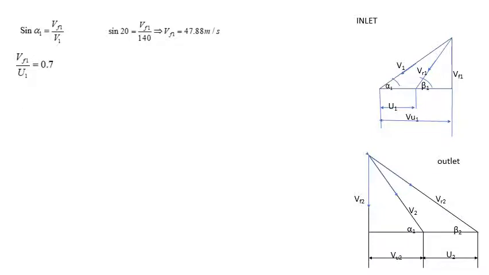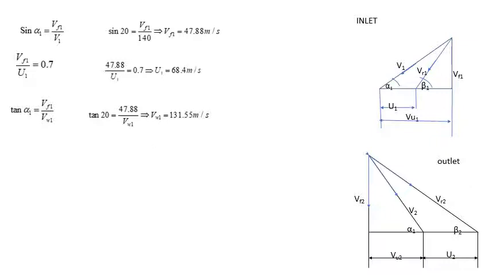So now this relation is given here, Vf1 by U1 is equal to 0.7. By using this relation, now find out the value of blade speed at inlet, that is equal to 68.4 meter per second. Then by using the next relation, tan alpha 1 is equal to Vf1 by Vu1 or Vw1. Then alpha value is known, Vf value is known, Vu1 tangential velocity at inlet is unknown. So by substitution and simplification we will get the value of Vu1, tangential velocity at inlet, is equal to